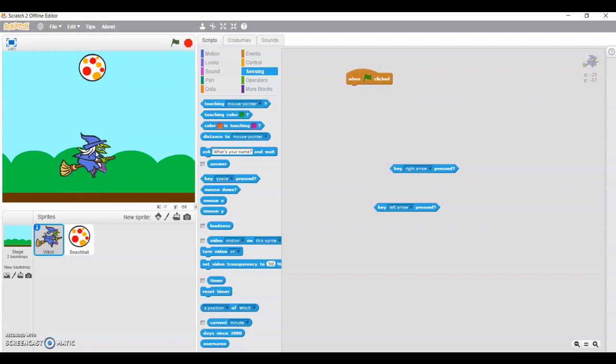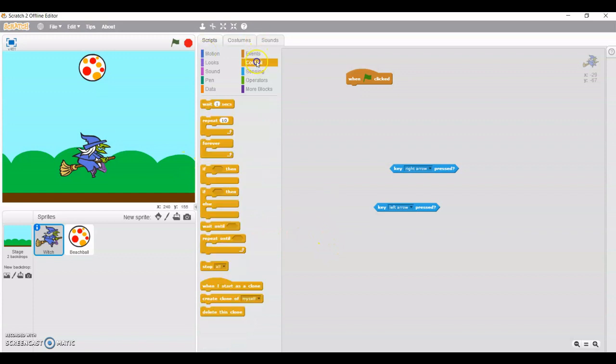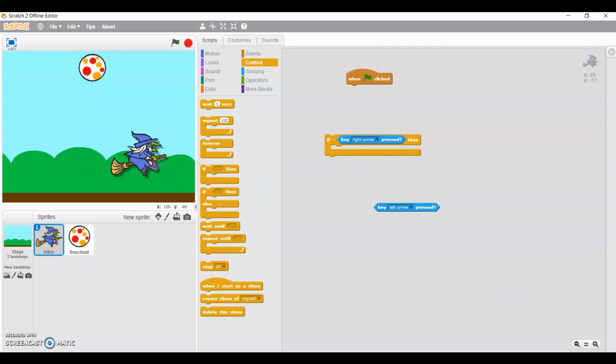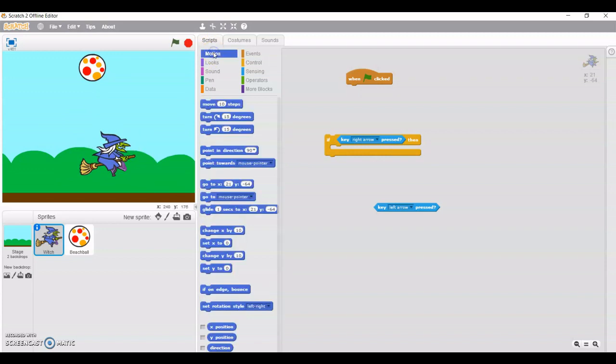So how to create this script? I'm going to use the control block if statement. If a user presses right arrow, this object should move in positive x direction. So for moving we have to use a motion block.